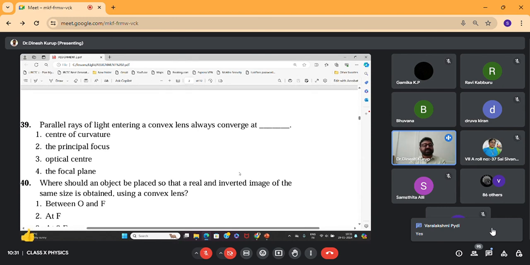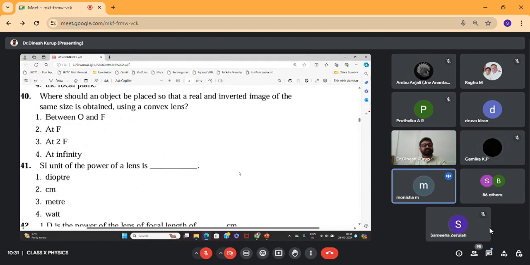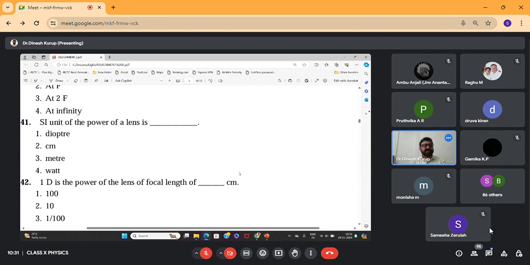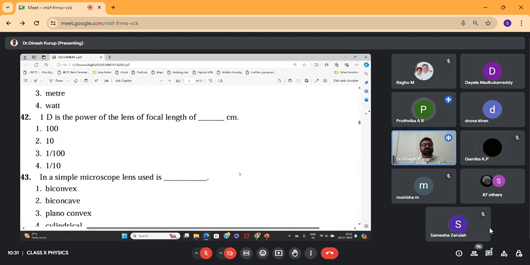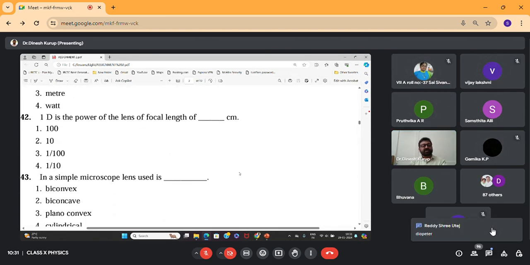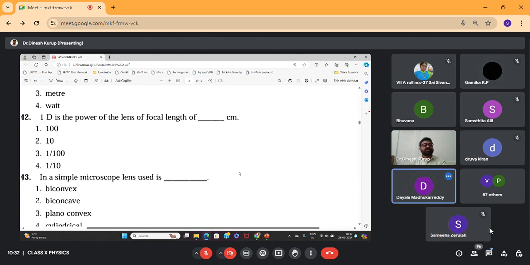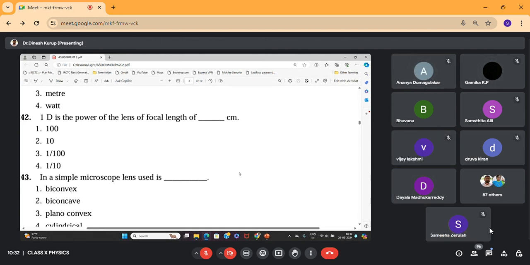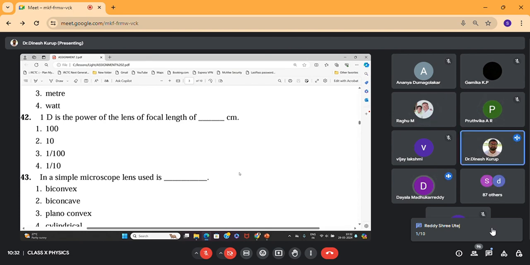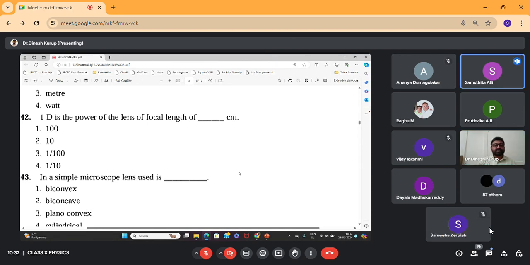Parallel rays of light emerging from a convex lens always converge at the principal focus. Good, very good. SI unit of power of a lens is diopter. One diopter is the power of a lens of focal length what? What is the correct answer for this one? One diopter is the power of a lens of focal length